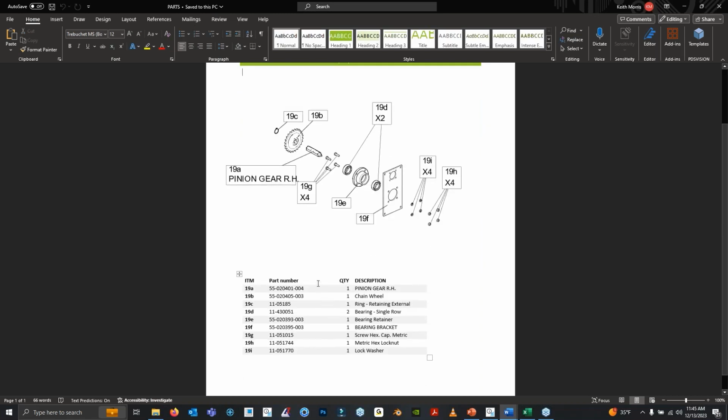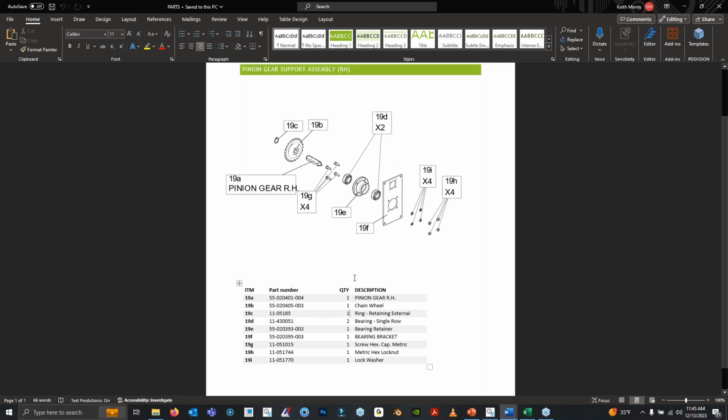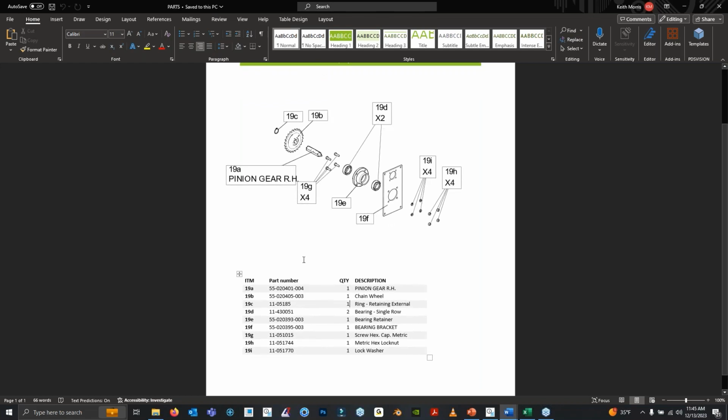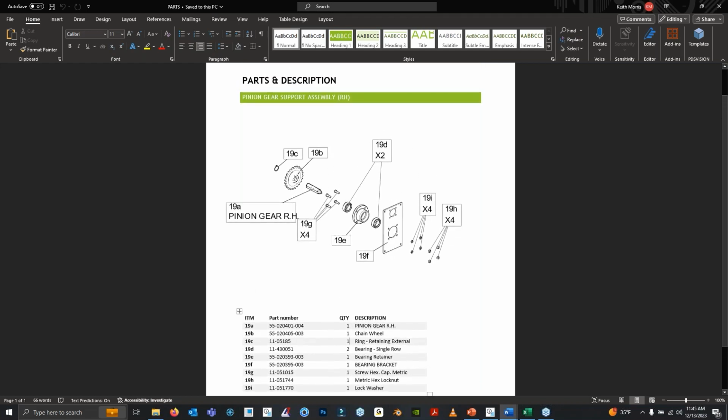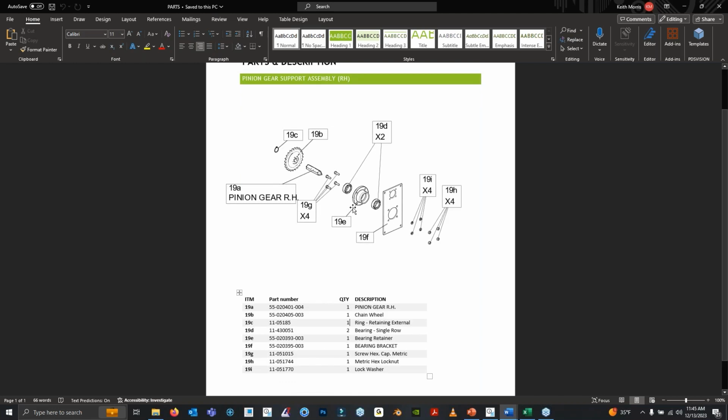And then here we have the item list. So you've got your item number, what's its part number, its quantity, and then what the description is. And then you can actually go in here and edit that as well. When you copy it in here, you do have to convert it to a table, but that's pretty simple and quick. So I just wanted to show you how easy it is, what the workflow is basically like from Creo